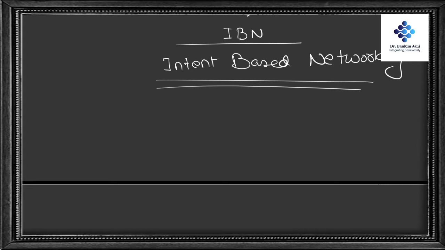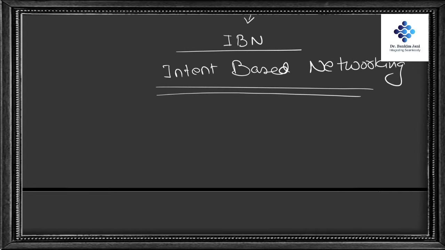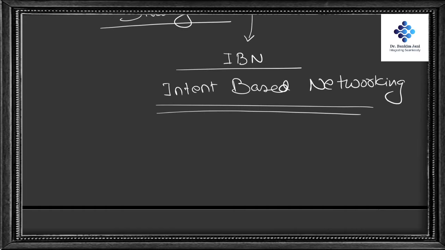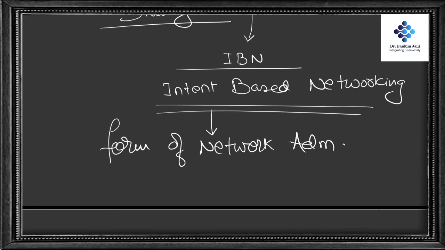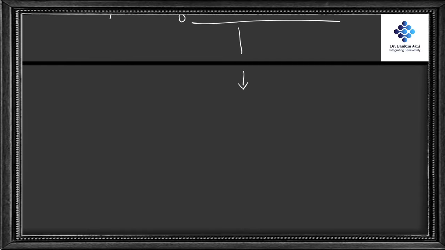What this IBN or intent based networking is, this is a form of network administration. But this network administration is a combination of so many things. It's a very nice combination of